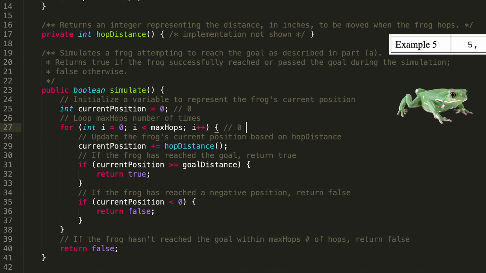Final example, we are still going to be hopping up to 5 times. We go from 0 to 5. We compare that to 24. It's not greater than or equal to 24. It's also not in a negative position. We move on to the next hop. We go from 5 to 9. We add 4. 9 is not greater than or equal to 24, but it's also not negative. We move on to the next hop,